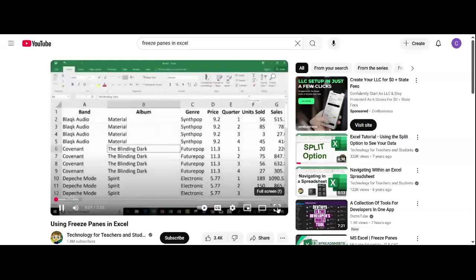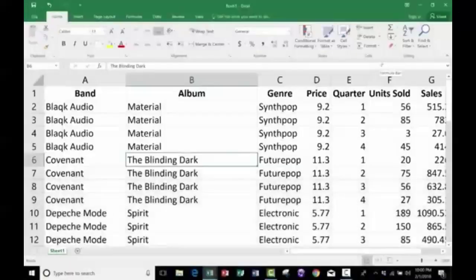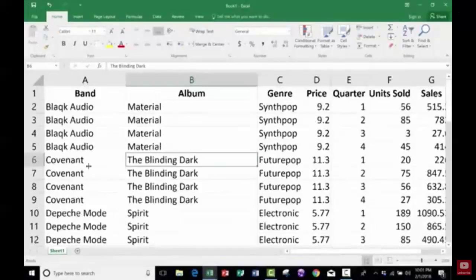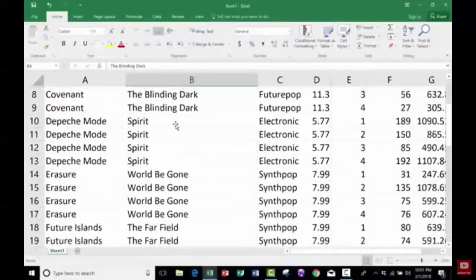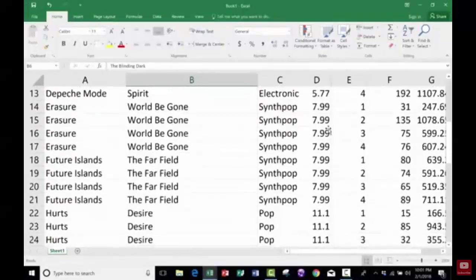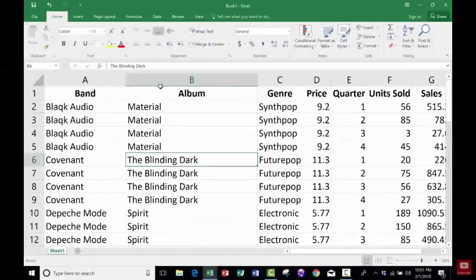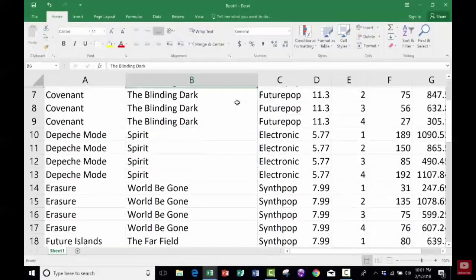Short Microsoft Excel tutorial, I want to show you a tool called Freeze Panes, and I want to illustrate for you how it's useful. And to do so, I have a simple spreadsheet here. It's basically just a list of synth pop bands and their recent albums, and there's some other information here as well. But notice as I browse down the page, it's easy for me to lose track of what each of these columns represents, because my column titles, band, album, genre, price, sales, all get lost as I browse down